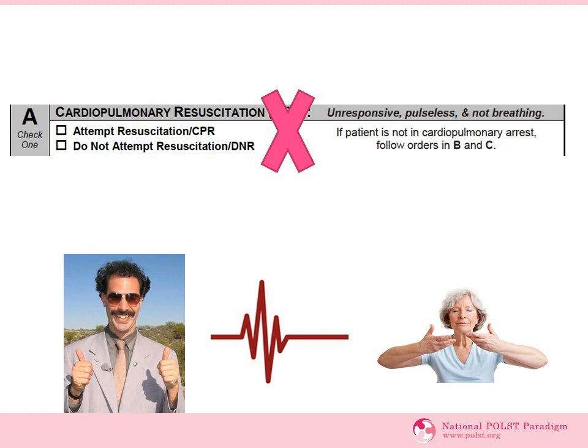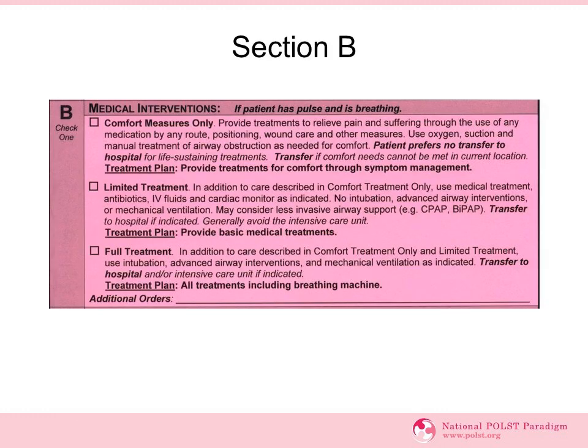A review of POLST forms from the first year of the Oregon POLST Registry shows that there is a 50% chance that a patient who said do not resuscitate also wants to go to the hospital. The other 50% want to stay where they are and receive comfort measures only. So if a patient is just using a DNR, EMS would still bring those in a medical emergency but not requiring resuscitation to the hospital, which is something half of these patients do not want.